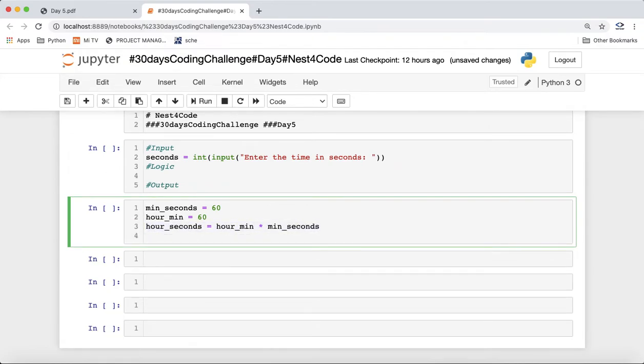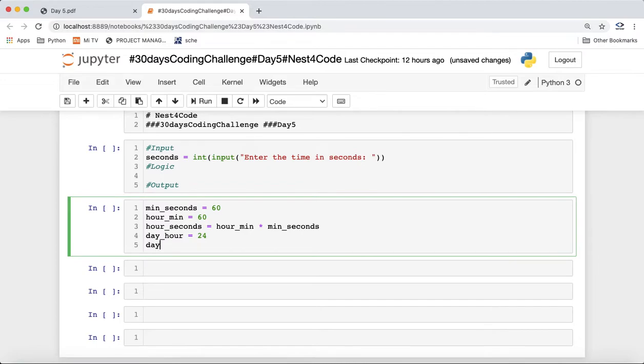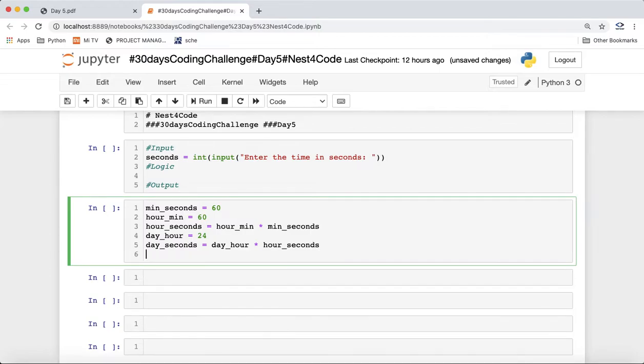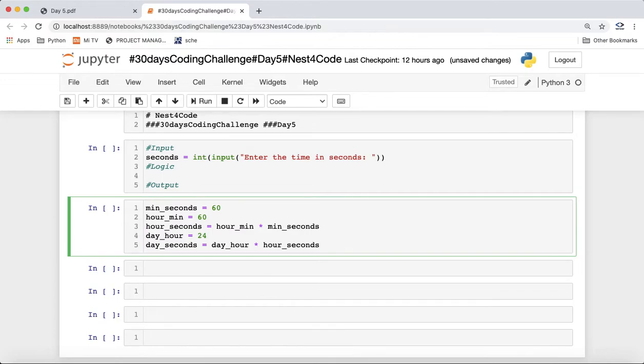Similarly, in a day we have 24 hours. So how many seconds will we have in a day? The 24 hours into the seconds in 1 hour. This way we'll get the seconds in one day.